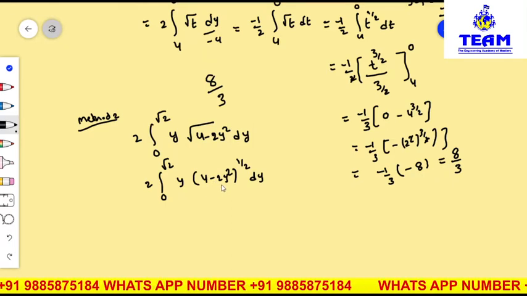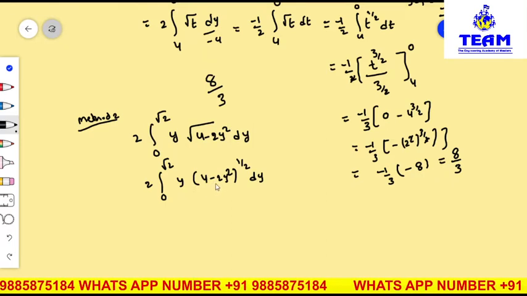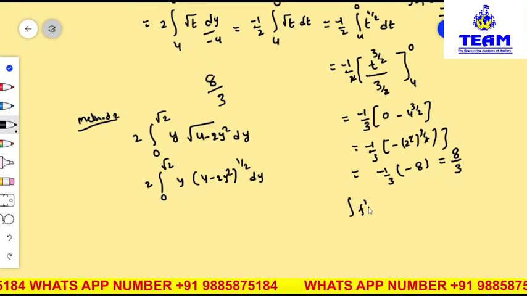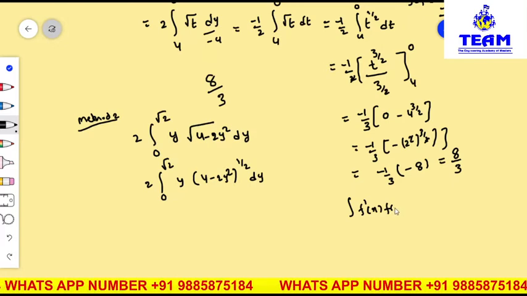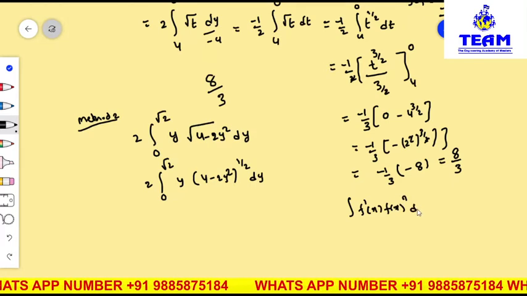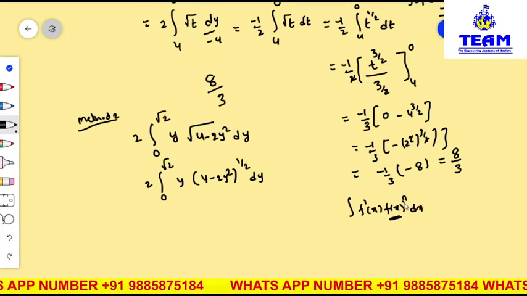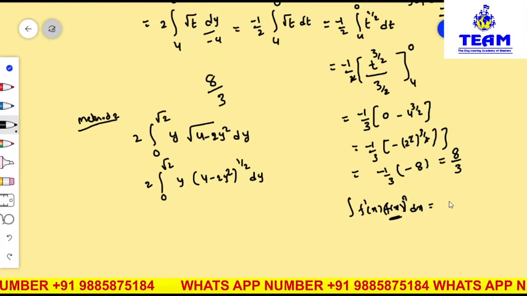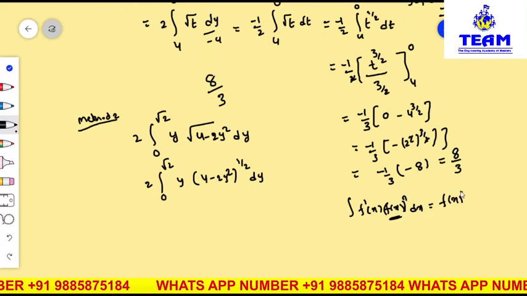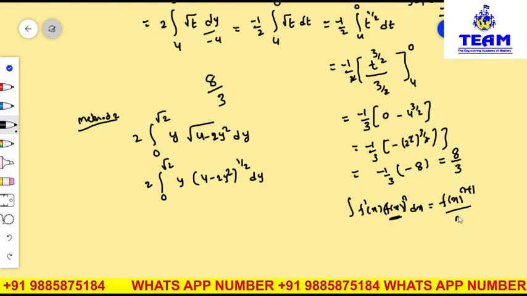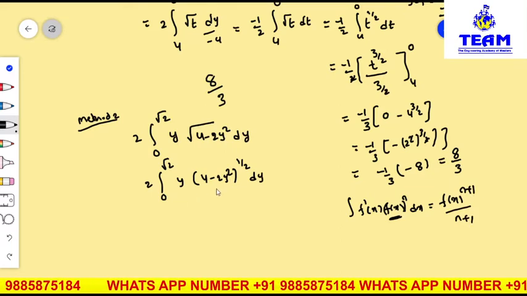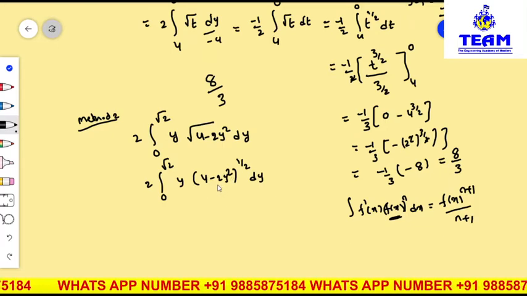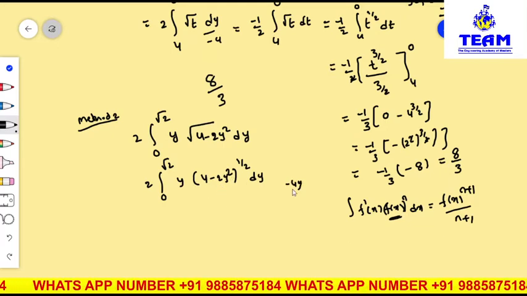Okay. Anyhow, now bracket derivative is here, product of two terms is there. We have formula. Which formula means if f dash of x into f of x power n dx is there, nothing but if you consider f of x as a bracket power n is there, bracket derivative is beside there, then you will have bracket power plus 1 by power plus 1. Like that I am rearranging this one. Minus bracket what I have 4 minus 2y square. What is the derivative of this? Minus 4y. Is there outside?